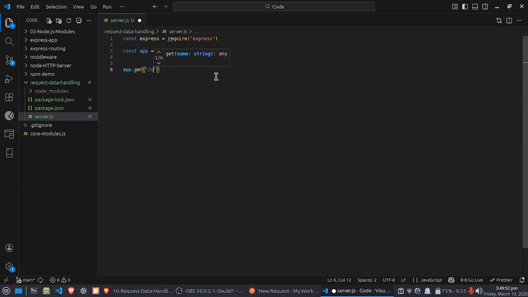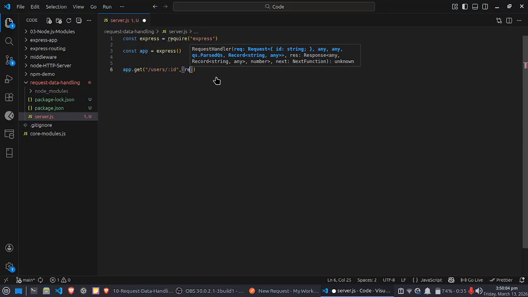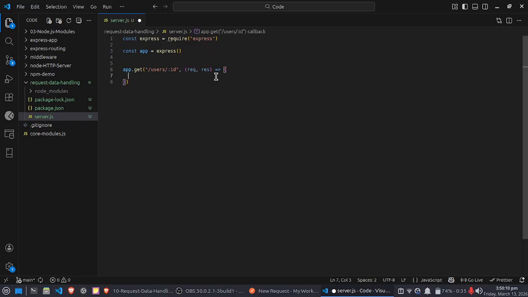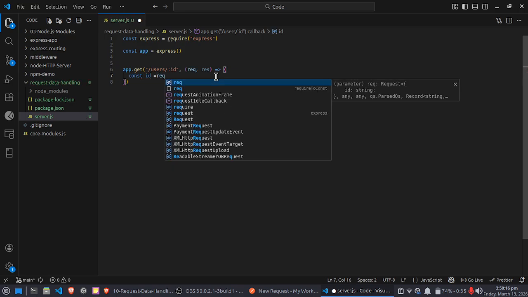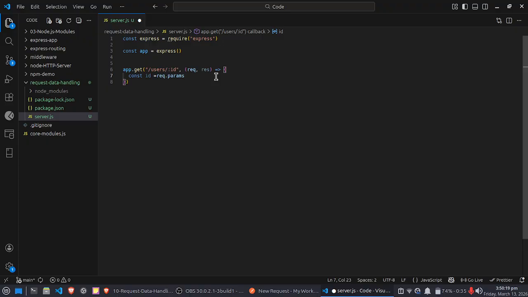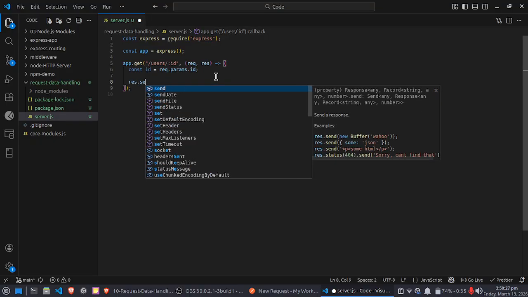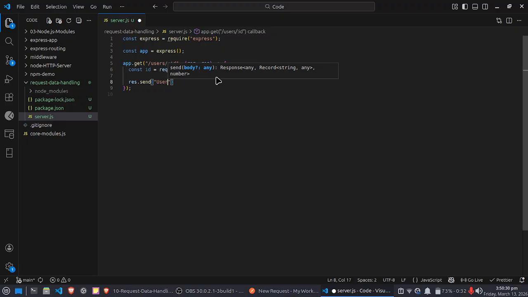Here first I have to give the path, let's say users, and the dynamic data comes by using the colon and the ID. And again the request and response in a function, and here first we have to retrieve that ID: const id equal to request.params.id, not single param, and response.send this user ID is